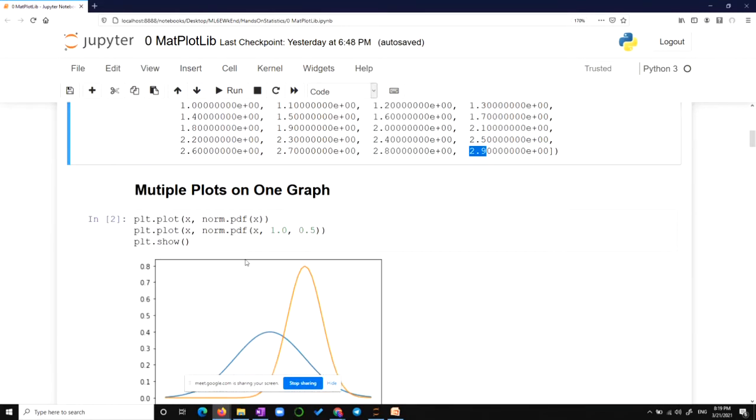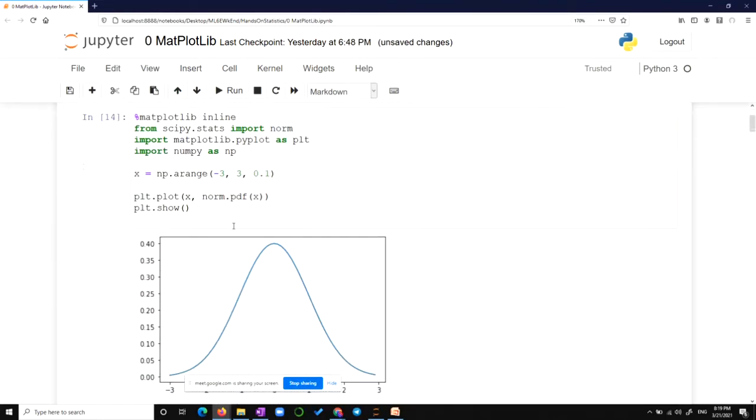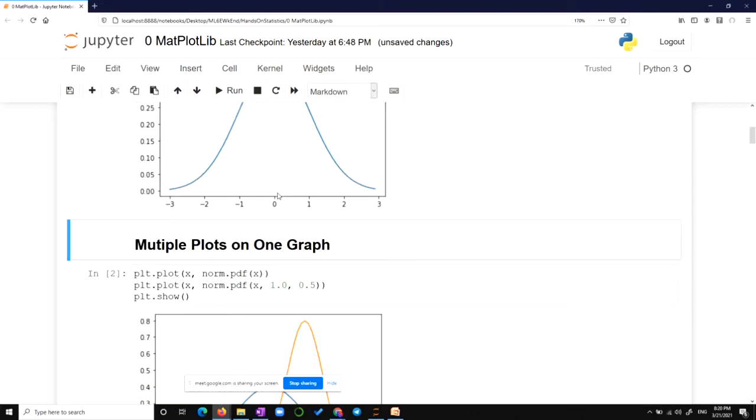Then you say plt.show. Then it will show because I have written x here. It is not showing. So let me run it. It showed. That's it. So from -3 to 3, it has given those probabilities of its occurrence, and it has given this value over here for this one, because it knows the curve has to be like this. It will automatically give more chances for this thing to happen. It will always be from 0 to 0.5 only, like a 50% chance here; 100% chance will not be there for anything.